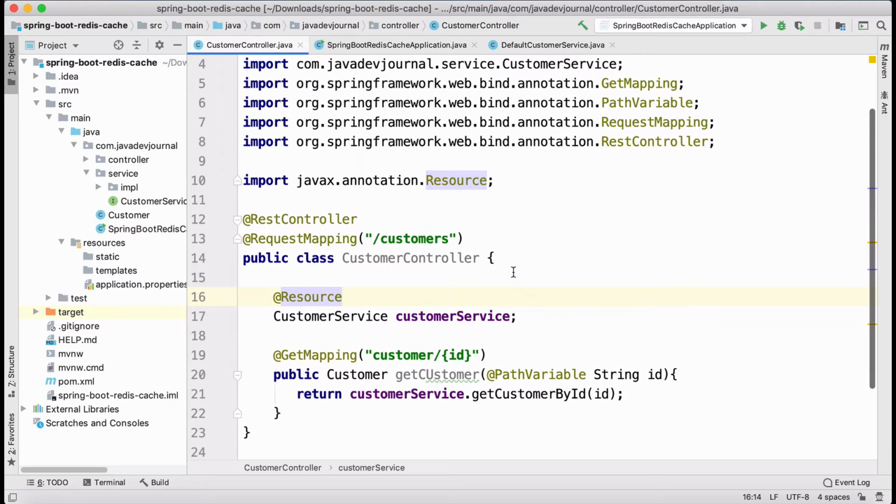Let me increase the size to make sure that you have good visibility. All right, this is a simple controller. It doesn't matter how complicated your service layer or your workflow is. At the end of it, we will have a request and a response, and our caching mechanism will work on top of it.